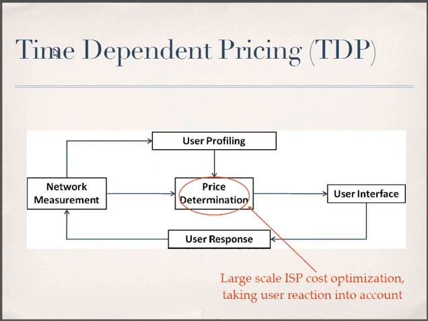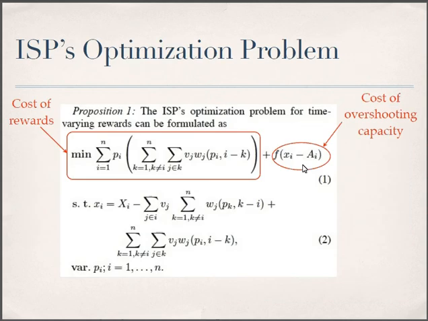Using economic models, we profile the usage behavior, which, along with network measurements, are fed into the brain of the system, that is the price optimization unit, which solves a large-scale nonlinear optimization problem. The optimizer tries to compute the prices or alternatively rewards that are to be offered to the users for the next 24 hours. And in doing so, it tries to minimize the total cost to the operator, which includes the cost of overshooting capacity in any of these periods and the cost of awarding rewards to the users who